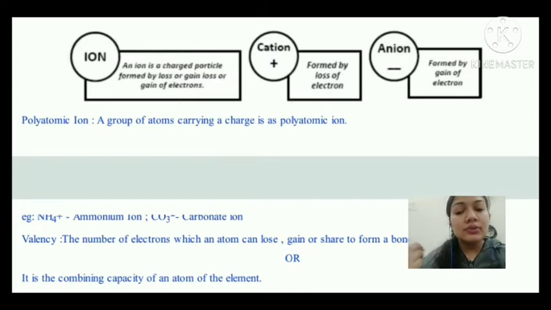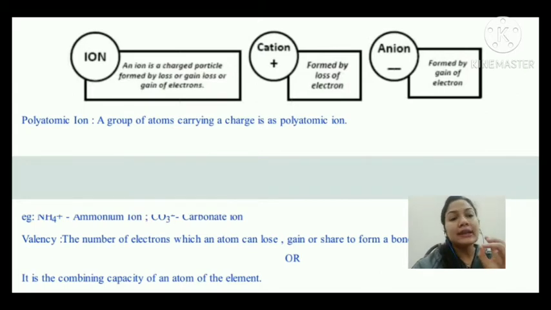So again I'm reminding you this thing: when a positive charge comes, think about it, 1, 2, 3, 4, like till 8 we are having. So 1, 2, 3. If some element is having 3 electrons in its outermost shell, 1 or 2 or 3 electrons, then it is easy for that element to lose those electrons, rather than to ask somebody else to give the electron.